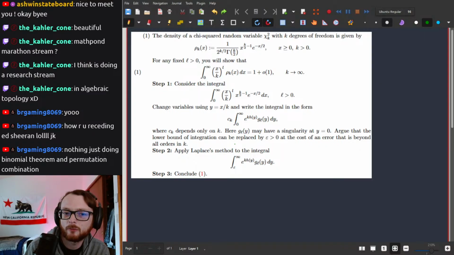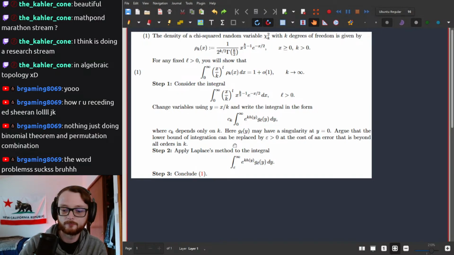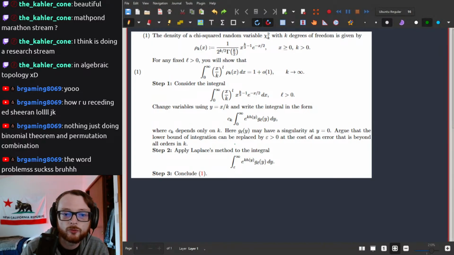Well, this is the area under the chi-square. I don't know what that thing is doing in front. The word problems suck? They do. We don't have to question this problem too much, so we can just try to follow through the steps and